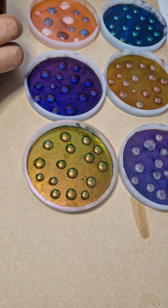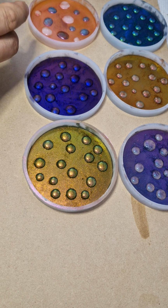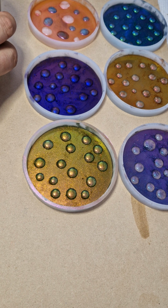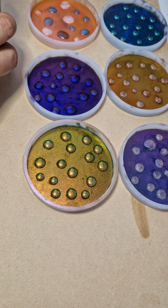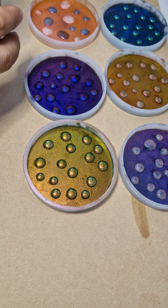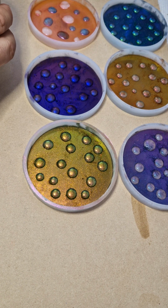This is almost ready to pour. It's nice and black. I just use any black. This is a Liquitex acrylic paint. It's Mars black, but I use Amsterdam lamp black,